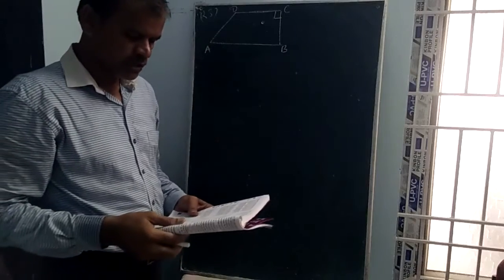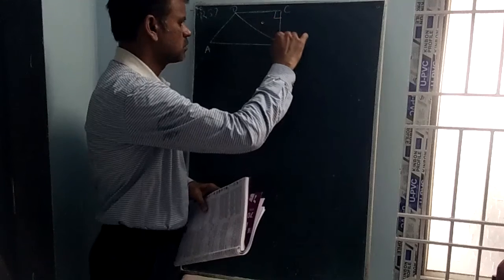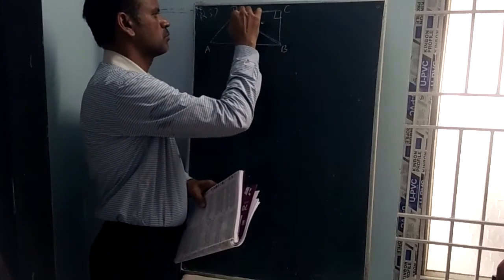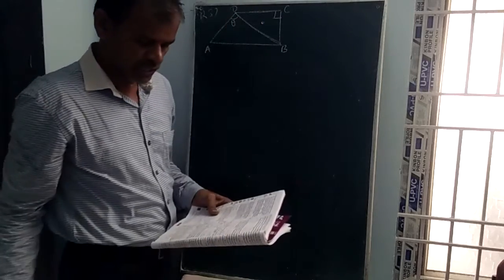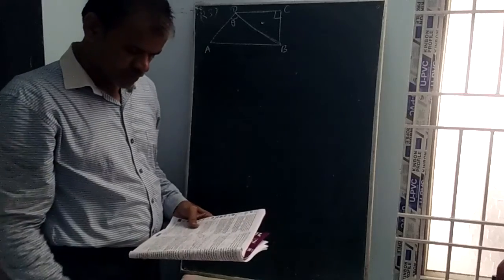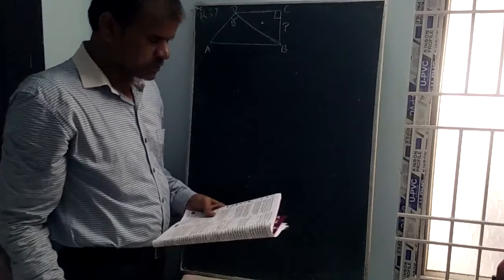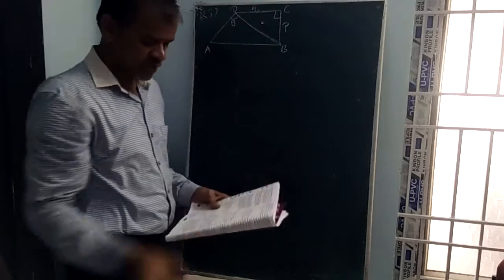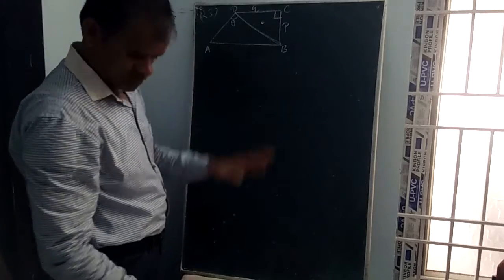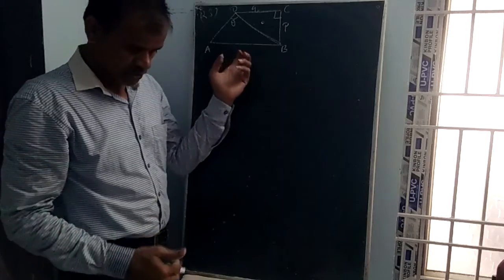Angle ADB is equal to theta. Draw like this, put the name theta here. And BC is equal to P, this distance is P, and CD is equal to Q, this distance is given as Q. That is the data. Now, what should we calculate? We should calculate the distance AB.